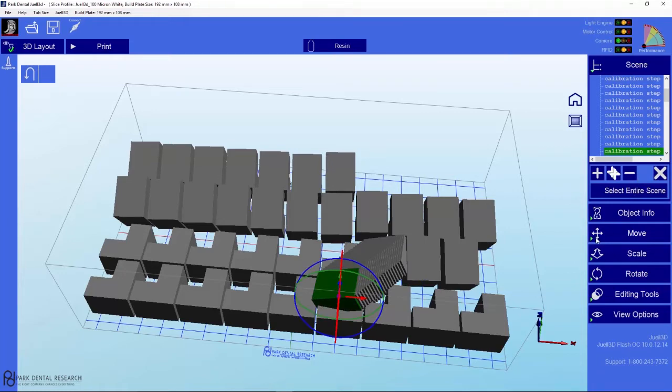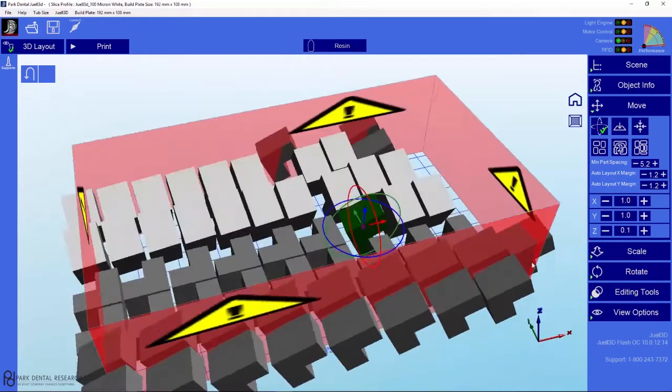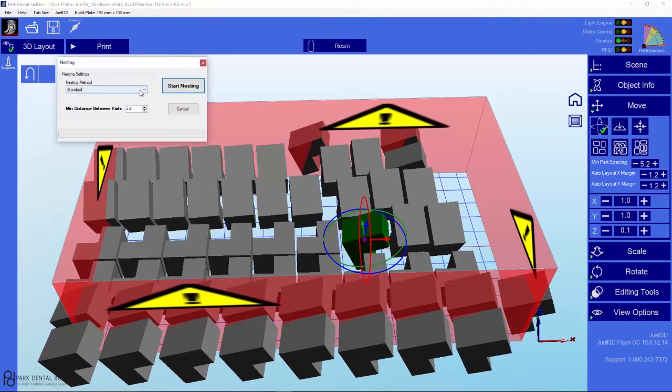And we go to move. And as you can see, the problem is it doesn't know where to put them all, so they all stay on the build plate. So we have this nesting ability that will nest the objects together. We're going to click on this button, and under nesting we have 2 types of nesting. First, we're going to do a standard nesting, and it says the minimum distance between each part is 5.2 millimeters. So we start nesting, and it's going to nest all these